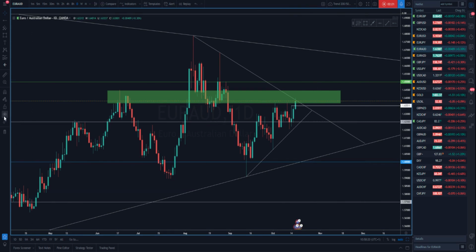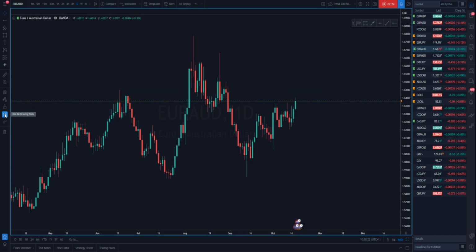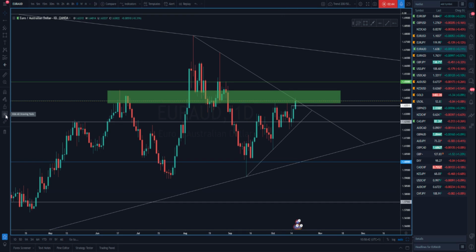If I turn all of this off, we've just got a bunch of candles. I can see market structure in that because I'm experienced. I can see the trend lines here and here. But if you're new, it doesn't really mean anything. It's just a load of random lines. If this is going up, where's it going to go up to? If it's coming down, where's it going to come down to? If I turn this back on again, now we have something to work against. This is the market framework, so I can now see this in the bigger picture.